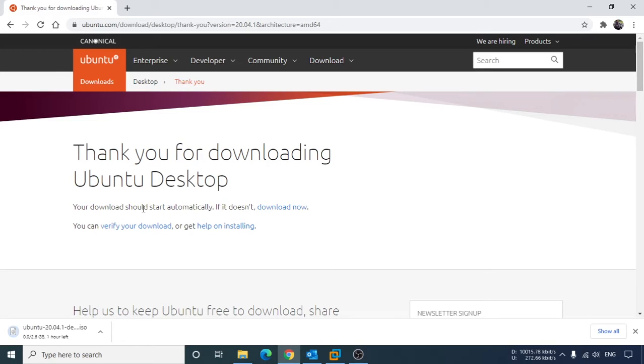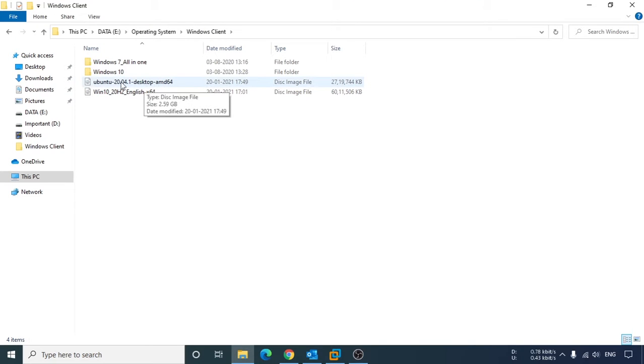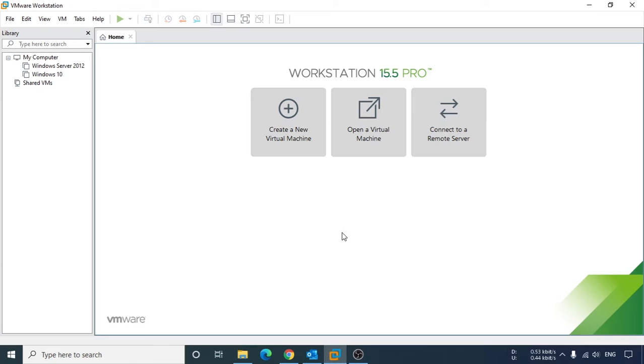I have already downloaded the ISO, so I have cancelled it. Here I have already downloaded Ubuntu 20.04.1 desktop AMD64. Once you have downloaded the Ubuntu 20.04 ISO, you can go to VMware Workstation and click on create